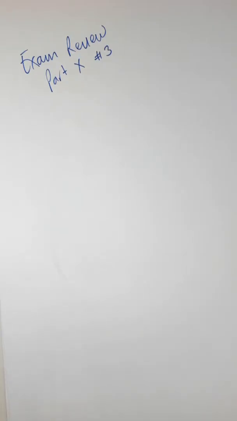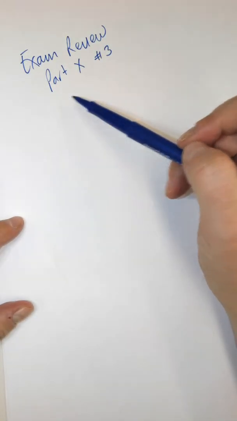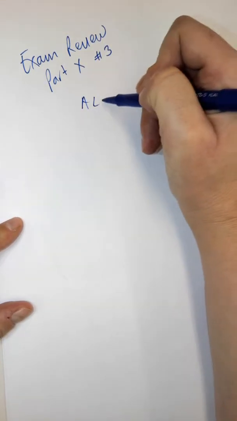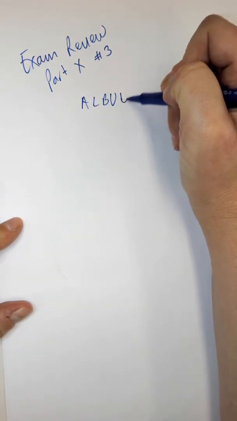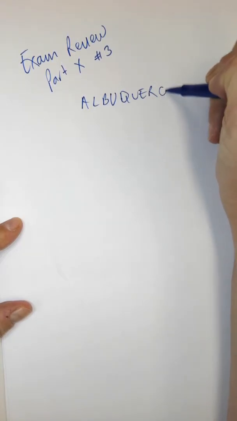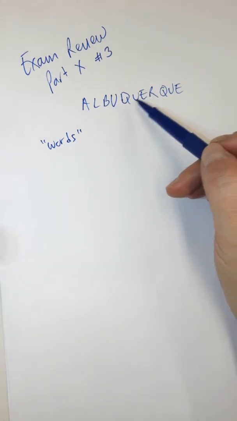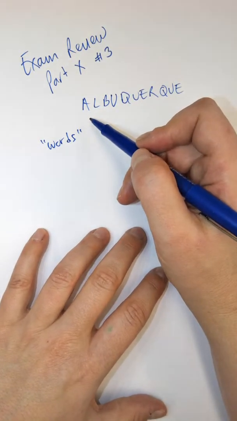We're going to look at how to do exam review part 10 number 3 together. What we're doing is we're going to arrange the letters in Albuquerque into words. How many ways can these letters be formed into words? So we don't mean real words. We don't mean that it's going to be pronounceable or anything, but we're just going to